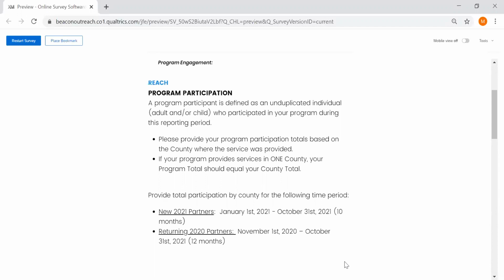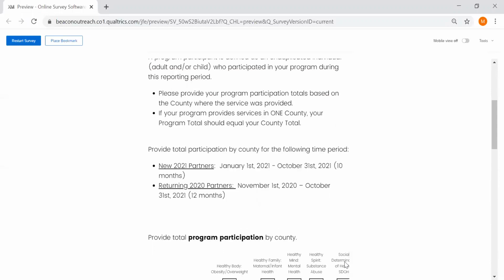Second, we would like to know the number of unduplicated individuals reached by your program. Third, the number served by county is where the service was provided. So if an education class is offered in Elkhart County, all participants should be counted as served in Elkhart, even if the participant's home address is in another county. This same definition should be used throughout the entire survey. Also, please note that the options you see in terms of counties and priority will be dictated by how you responded to the county and priority alignment at the beginning of the survey.